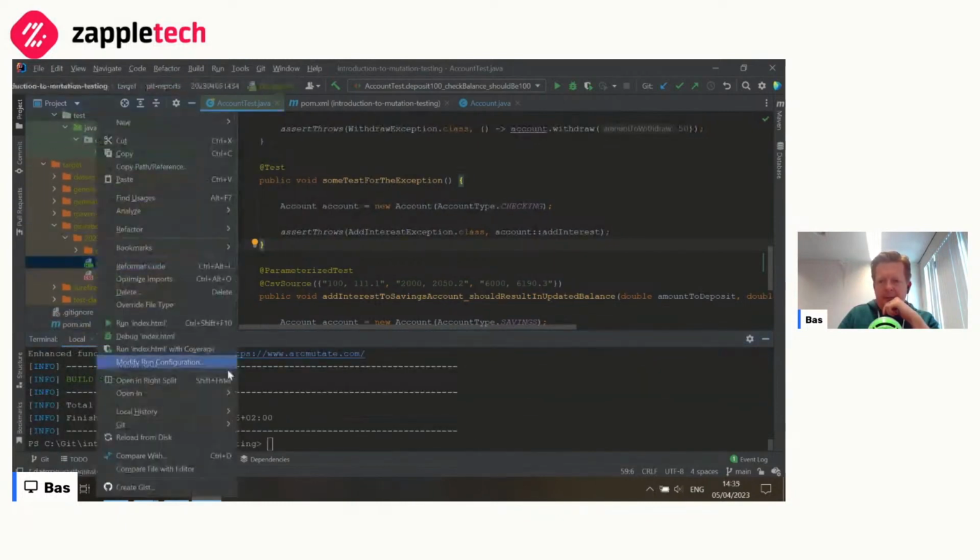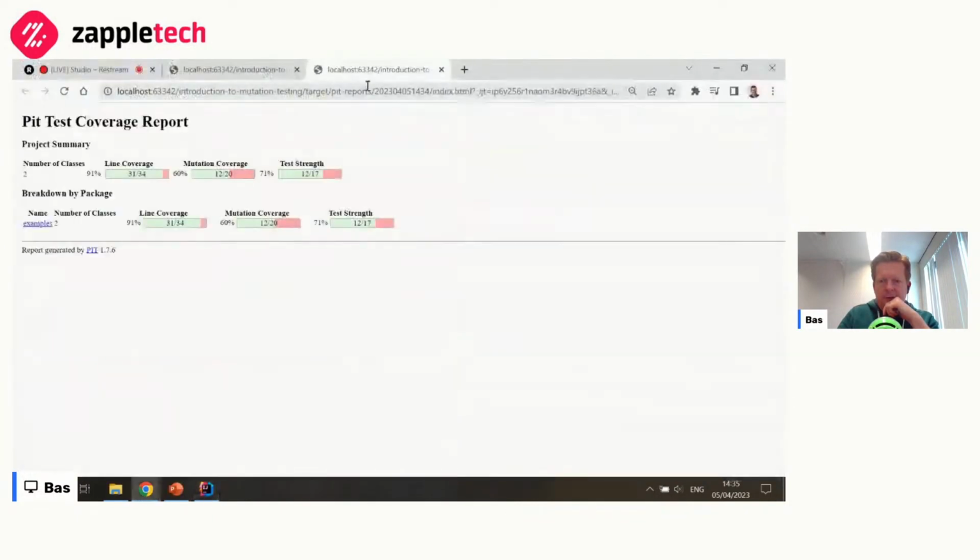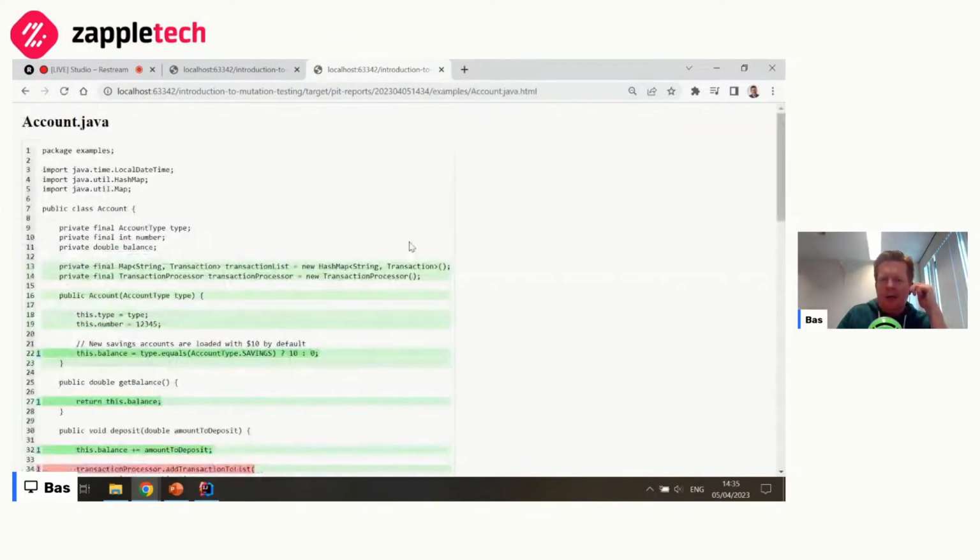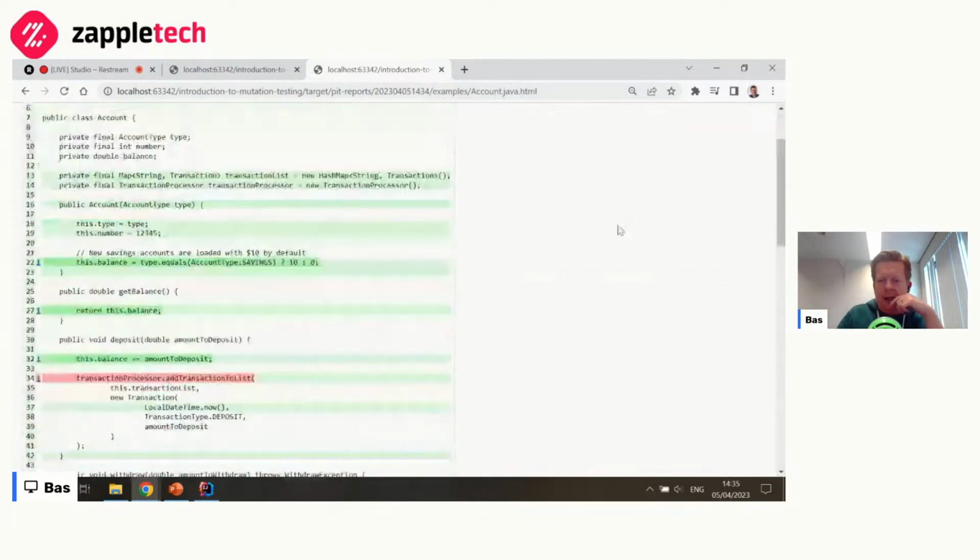Yep, that's the updated version. Let's open that in a browser as well. Now instead of 50, this was 52 and 65, and it's now 60 and 71. So we have improved.